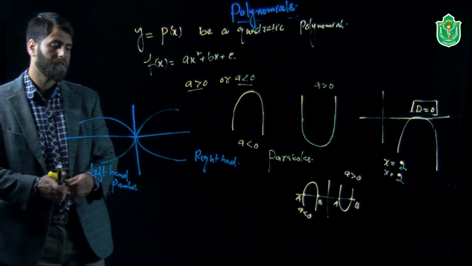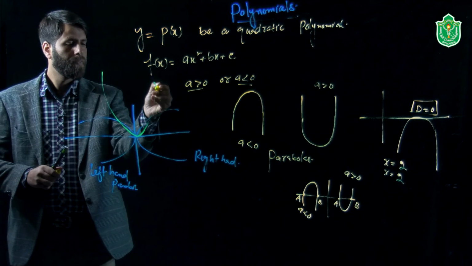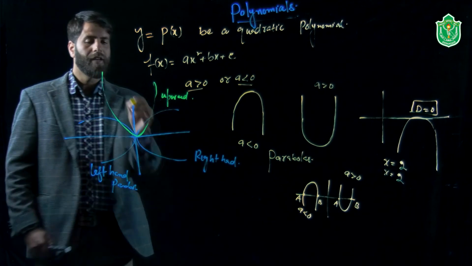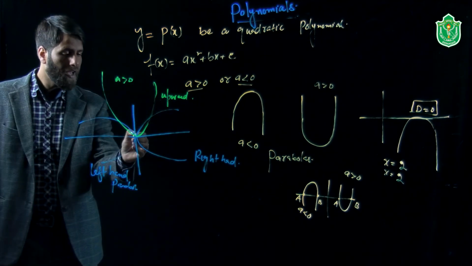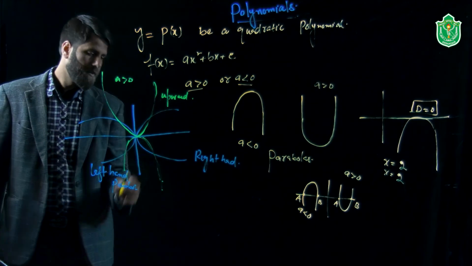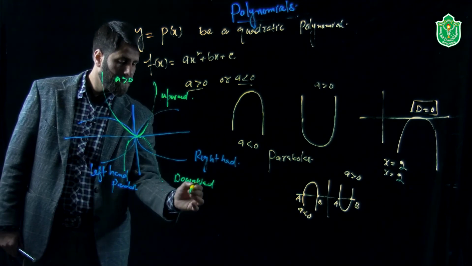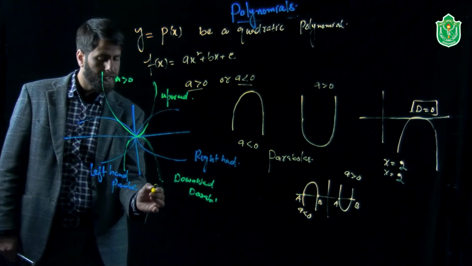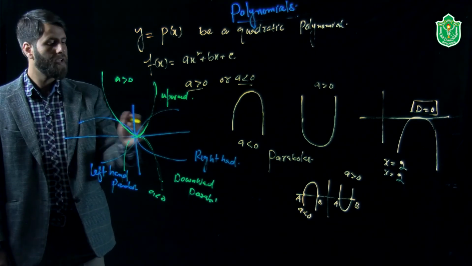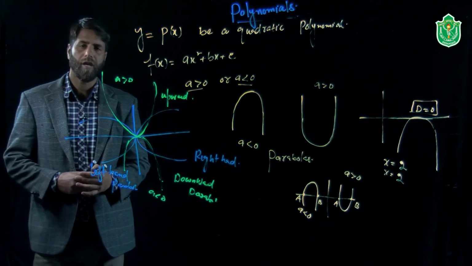Third one is like this. This is called upward parabola. We have already defined this, in which a is greater than 0. And last one is like this, downwards. It's called a downward parabola, in which a is less than 0. This is in the first quadrant, this in the left hand side, this in the right hand side, this is upward parabola, and this is downward parabola. Actually the parabolas are of 4 types.